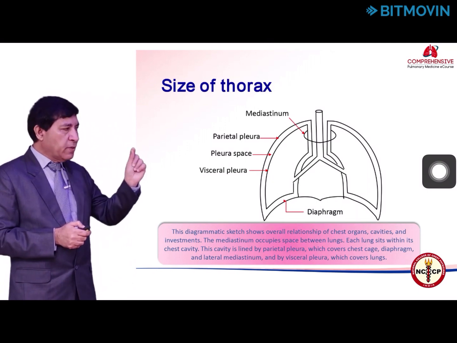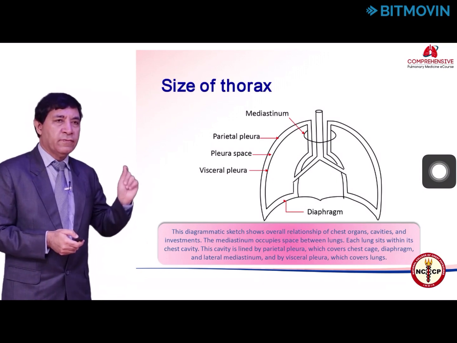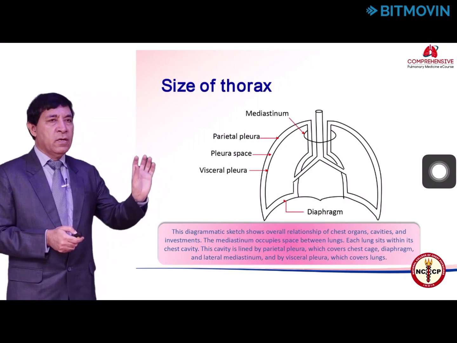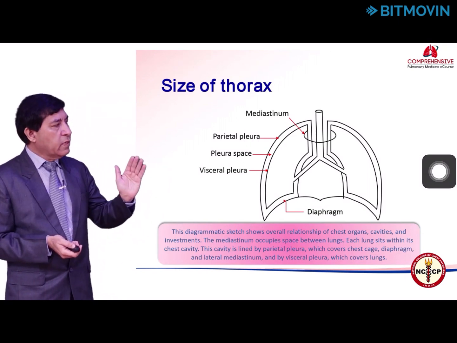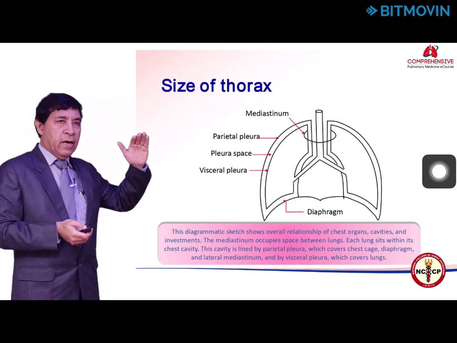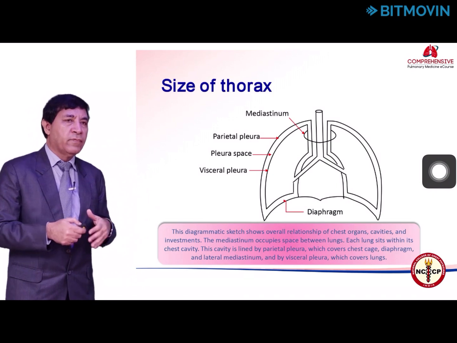So whenever this pressure is disturbed, that means if the pleural pressure becomes zero, as we see in pneumothorax, the lungs would go to their resting position, which is close to the hilum, and the chest wall will spring outside and go to its resting position, and the diaphragm will come down. So this would result in enlargement of that hemithorax.